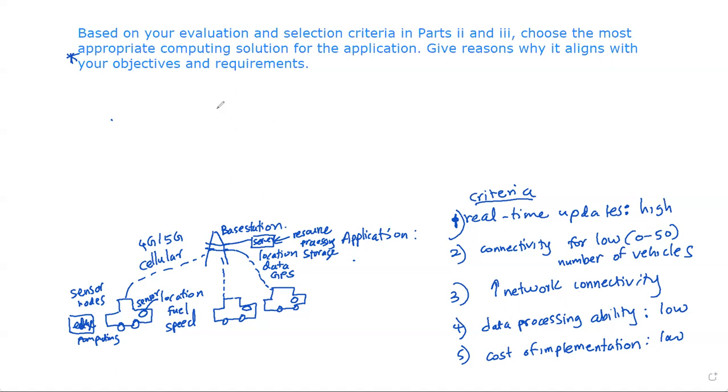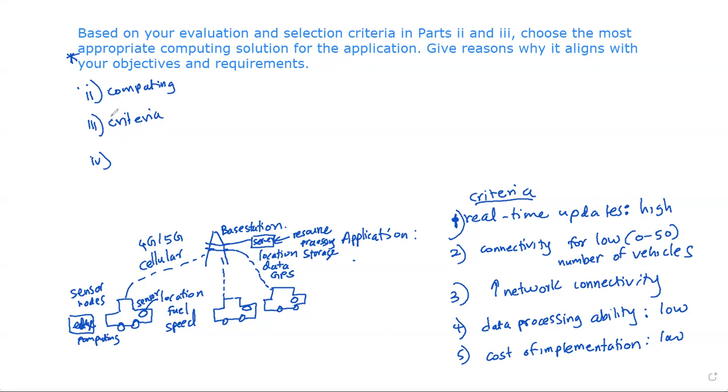Okay, so in the 2 and 3 parts, in the second part, you have identified the 3 basic computing technologies, right? In the third part, you have identified what are your requirements in this application. So you have decided the criteria, and you have done an investigation evaluation regarding the computing technologies. So based on this knowledge, you're asked to select which type of computing is suitable for